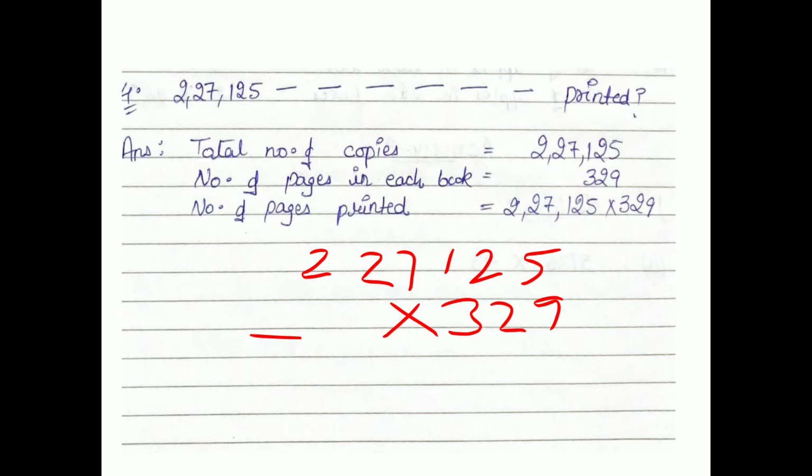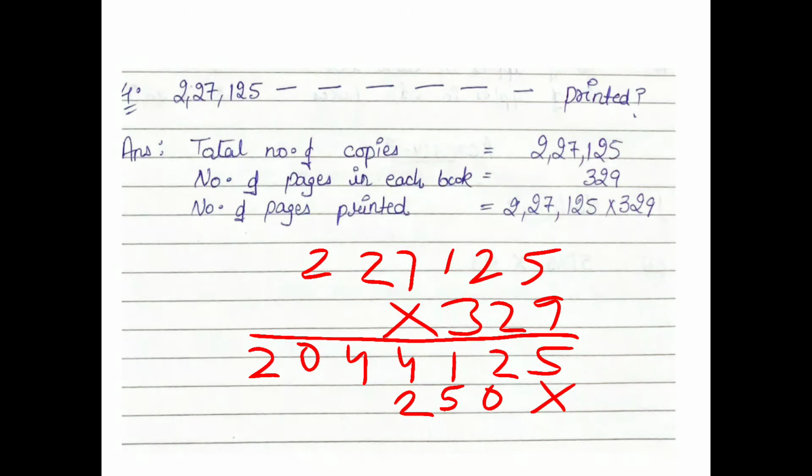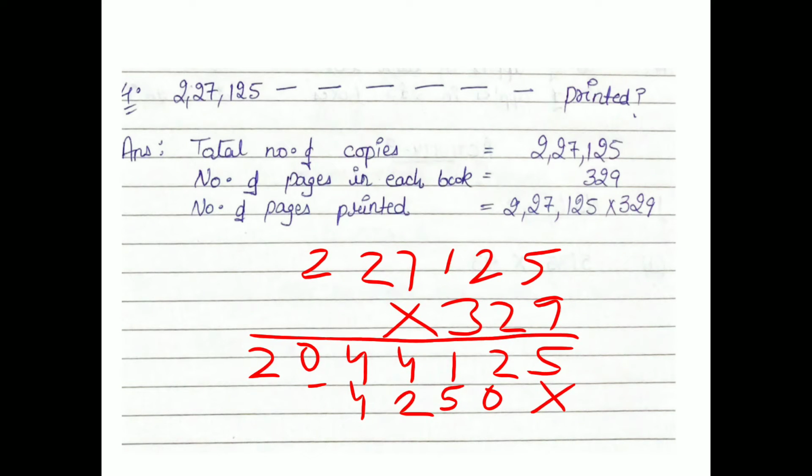Now you have to multiply. Firstly we do with 9. 9 5s are 45. 9 2s are 18, 18 plus 4 is 22. 9 1s are 9 plus 2, 11. 9 7s are 63 plus 1, 64. 9 2s are 18, 18 plus 6 is 24. 9 2s are 18 plus 2, 20. 2 5s are 10. 2 2s are 4 plus 1, 5. 2 1s are 2. 2 7s are 14. 2 2s are 4 plus 1, 5. 2 2s are 4. Clear?